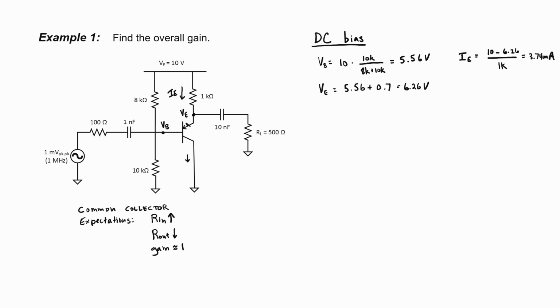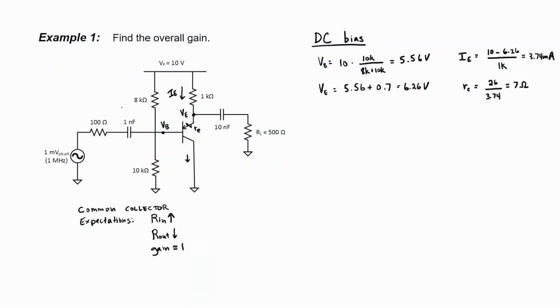We'll have a little emitter resistance right here, and I could label it R sub E. You might recall that that little R sub E can be determined by taking 26 and dividing it by our emitter current expressed in milliamps. This formula works at room temperature, and here it works out to be 7 ohms. It's negligible when you compare it to the 1 kilo ohm resistor, so we're basically going to neglect it